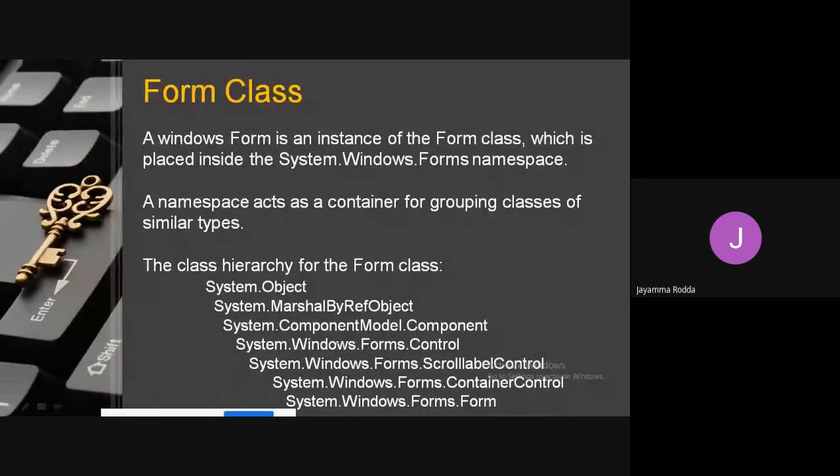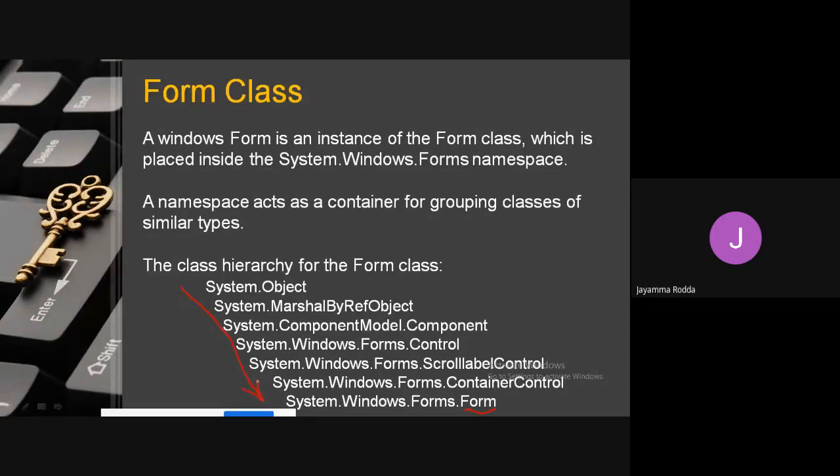Just remember this hierarchy. System.Windows.Forms.Control, and within this we have ScrollableControl, and in this ScrollableControl, ContainerControl is there, within which the actual Form control is available.